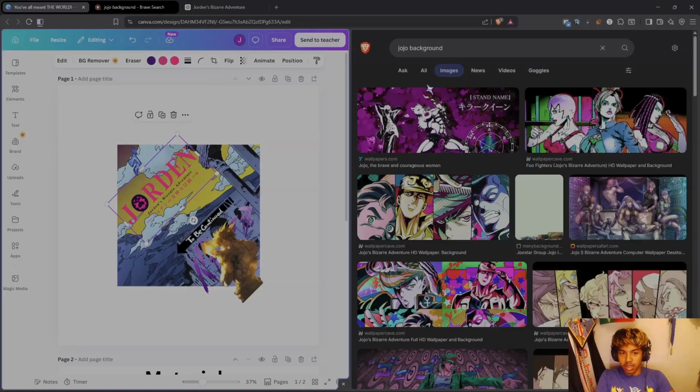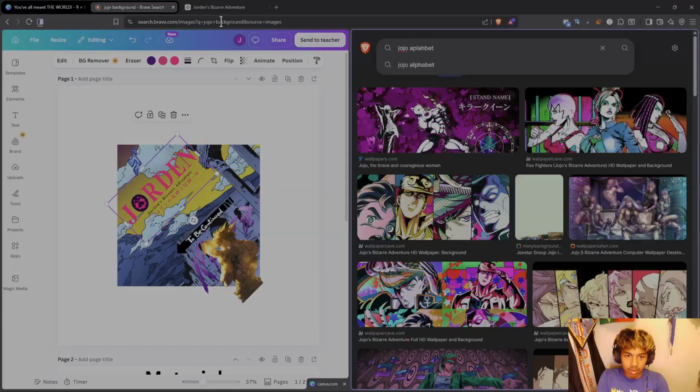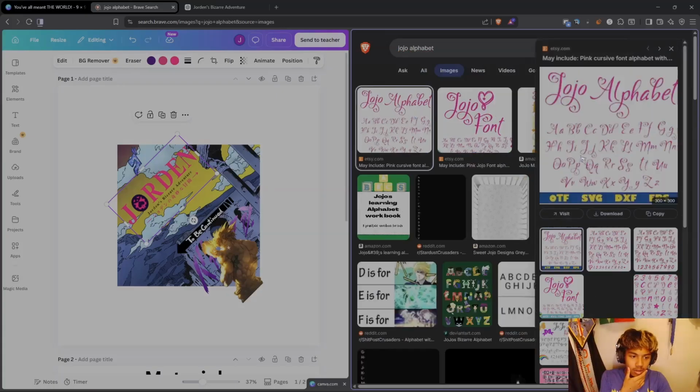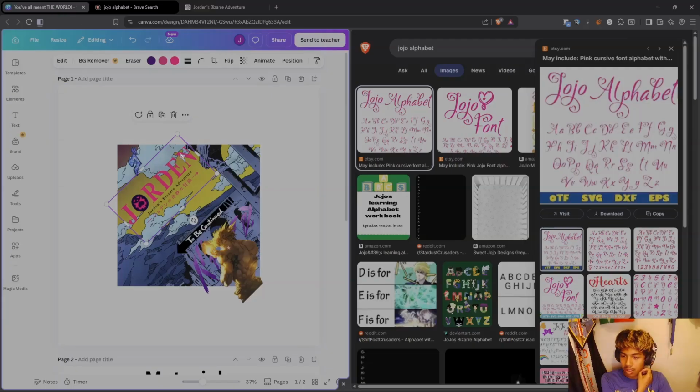Now, how I did this is you can either search up the JoJo alphabet or whatever theme alphabet, and they'll have a bunch of letters for it, or you could use AI. I used ChatGPT. I literally gave it the image, and I was like, rename it to Jordan's Bizarre Adventure. Boom, easy like that. Copy pasted it. So I have my background, then I add my main thing, and then it was just adding on a couple symbols. I have the menacing symbol up here and the to be continued,